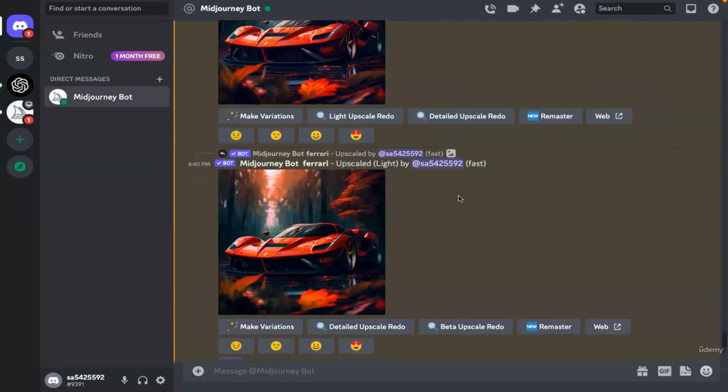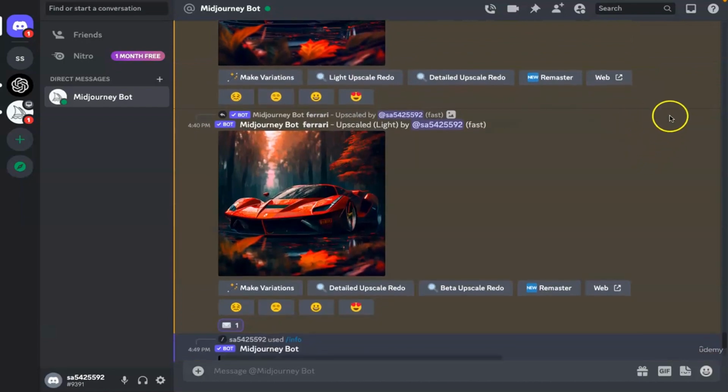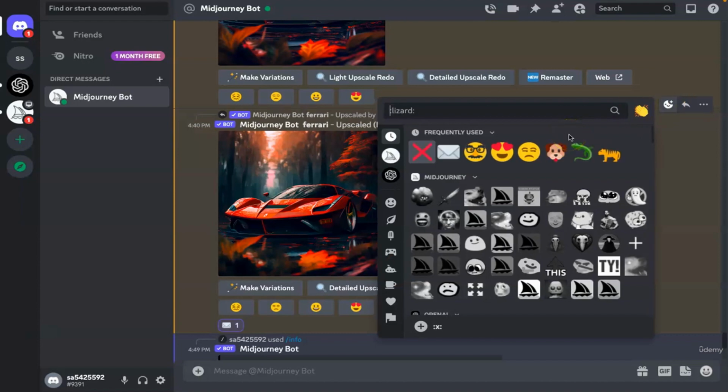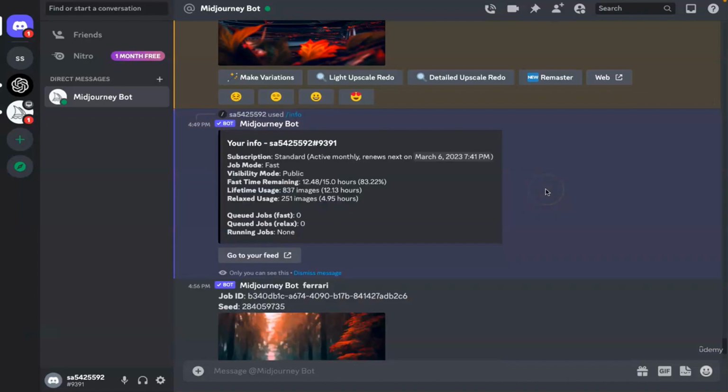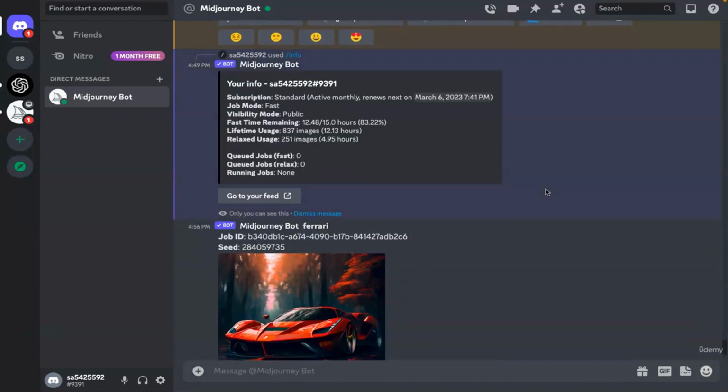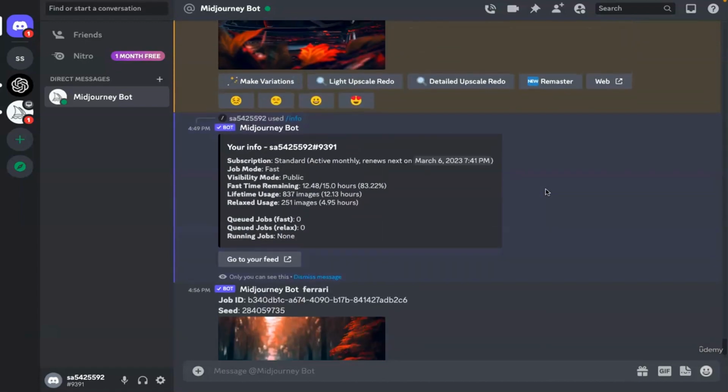Now, what else I can do with the emojis is that I can use them to delete an image. So for instance, right now we are working with public mode only, and we don't have stealth mode because we don't have the pro plan. And if you want to create something private that you don't want to share with the community, you can essentially create the image, upscale it, save a copy, and then use this cancel red cross emoji to delete that image from the server. So you see that image that I crossed has disappeared from my